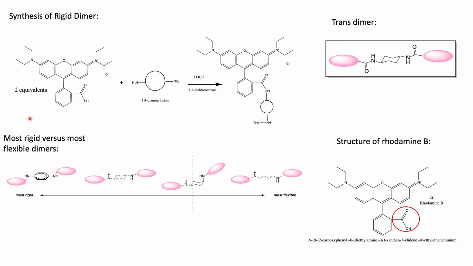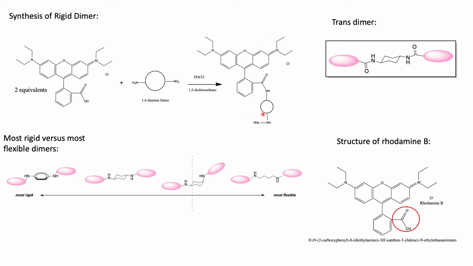And up here is an example of a synthesis of one of the dimers we have created, this one being the rigid dimer. And we take two equivalents of our rhodamine B. We add it with a 1,4-diamine linker, and this is done in the solvent 1,2-dichloroethane. And then we use phosphorus oxychloride as a way to convert this carboxylic acid to an acid chloride. So then the acid chloride can react with our amine to create an amide